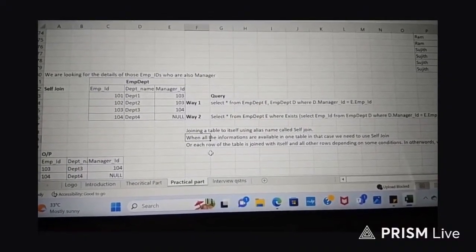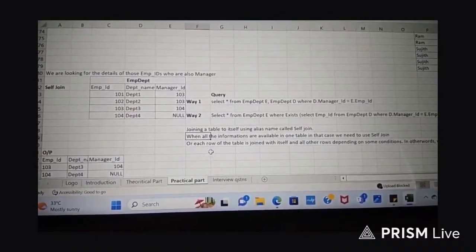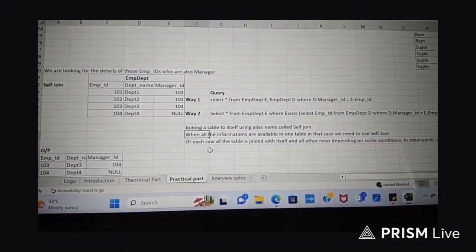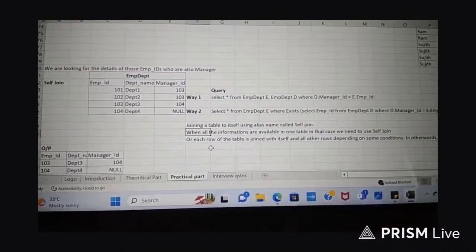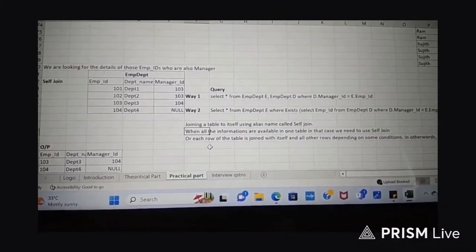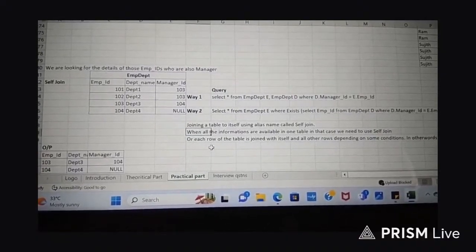If you see, there is only one table, employee department, which has employee ID, department name and manager ID. Now the ask is, we are looking for the details of those employee IDs who are also managers. We can see clearly that 103 and 104 are employee IDs, and we can also see those IDs in the manager ID column.